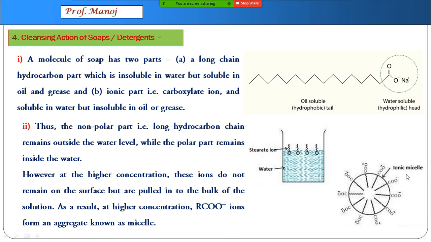So the amount which they give has to be strictly followed, because in India we have a practice: why add so much detergent? Let us add less quantity. So if you are being stingy in adding detergent, you will not reach the micelle concentration, and cleaning of the clothes will not take place correctly.